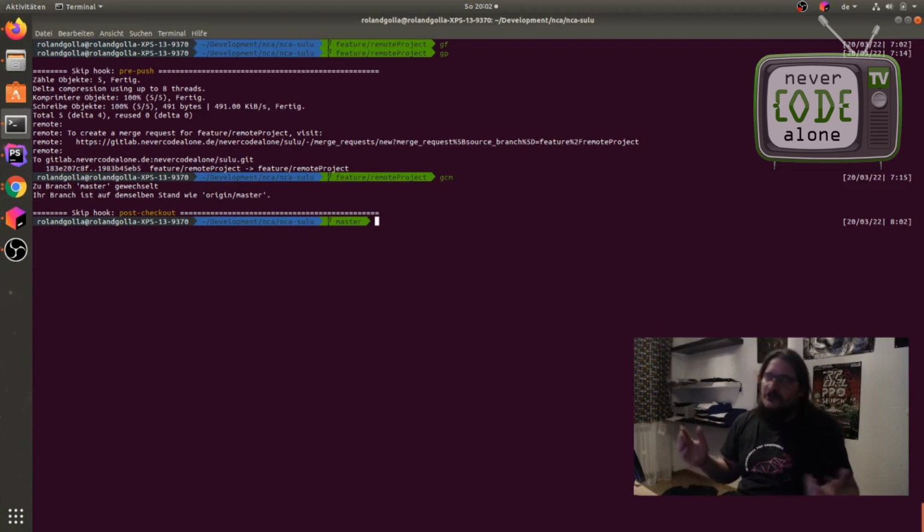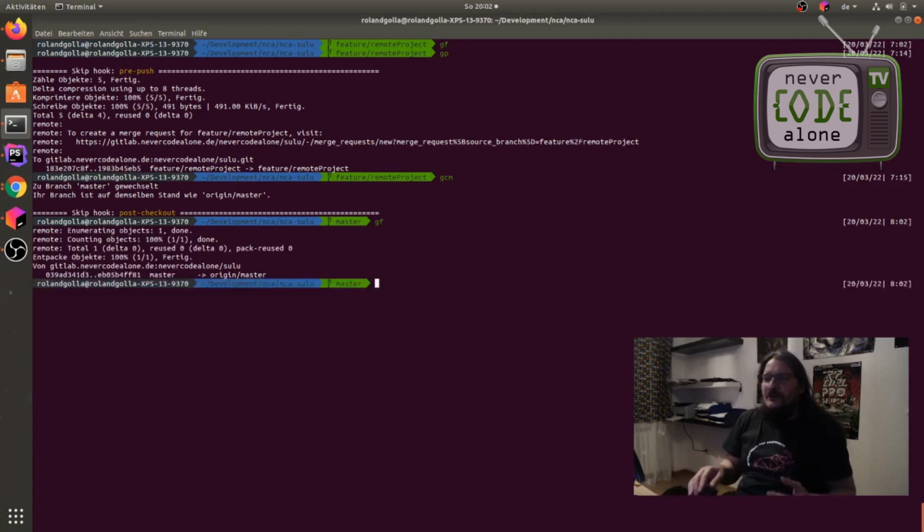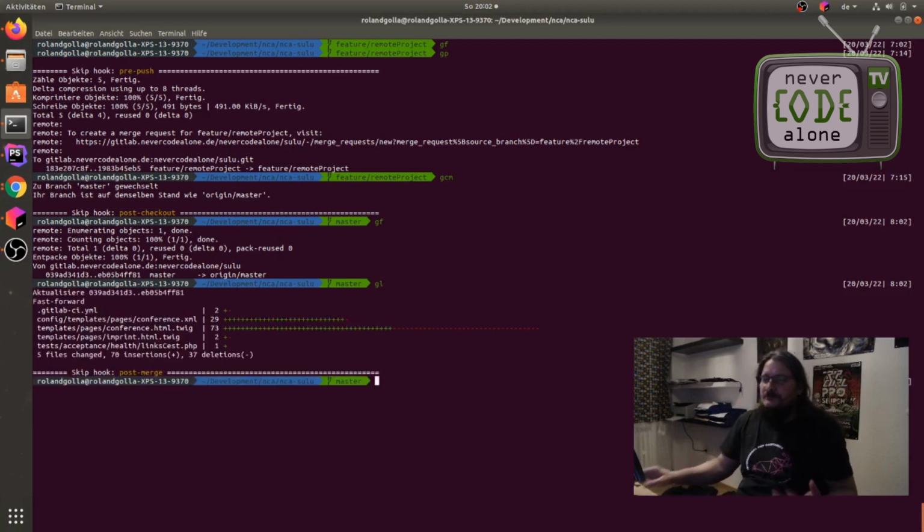Okay, sure, I can make a force push, but who wants this? And when I make a fetch here now, there are some changes on the master because the changes come by GitLab on my merge, and I then say, okay, please pull it, and then I have here my changes, and I say, okay, please give this to the community,